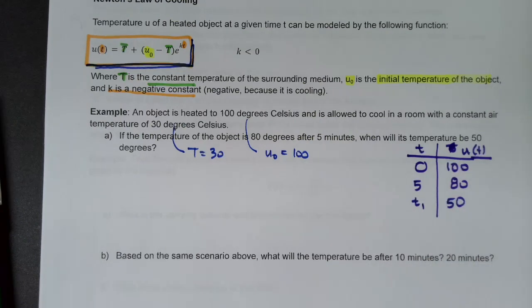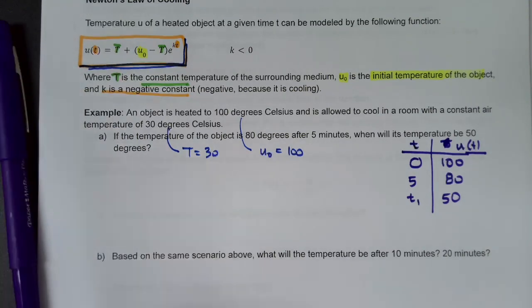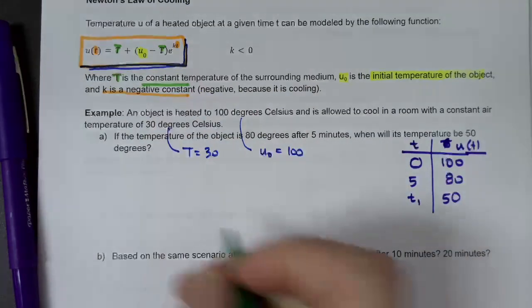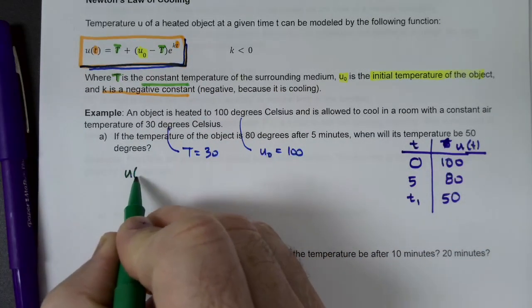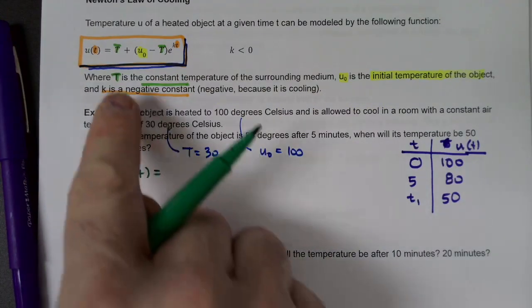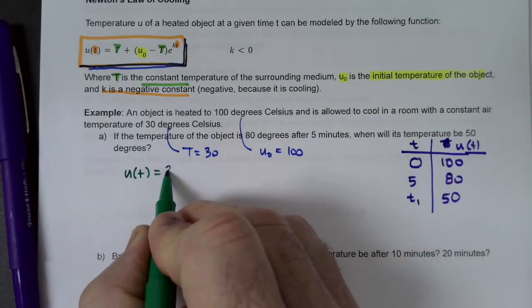I'll just put it as t1, the time that we're looking for, so not to confuse it in our equation. Okay? So let's go back up here to the equation, and let's start filling in some things on this. This says the temperature of the object at any time, U of t, will equal capital T, that's the temperature of the surroundings, which is 30, plus